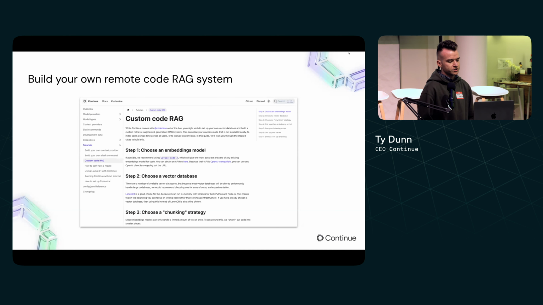The next one we're seeing folks do is actually building their own remote code RAG systems. So in the Continue docs, you can see a little blueprint that we've created based on what we've learned from folks where they're setting up their own embeddings models, their own vector DBs. They're doing a chunking strategy that's good for code. And then they're creating a script that they run, putting it on a server, in some cases adding re-ranking, adding repo maps in front of it,